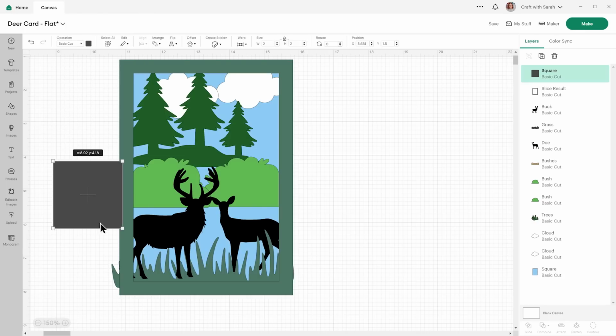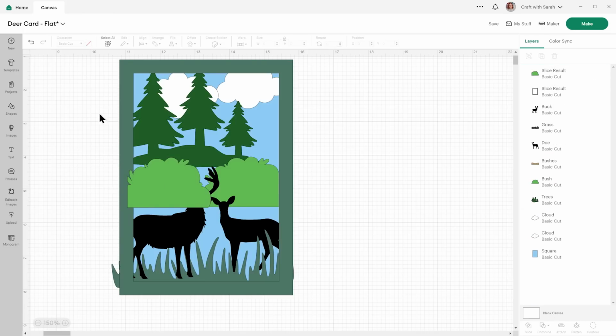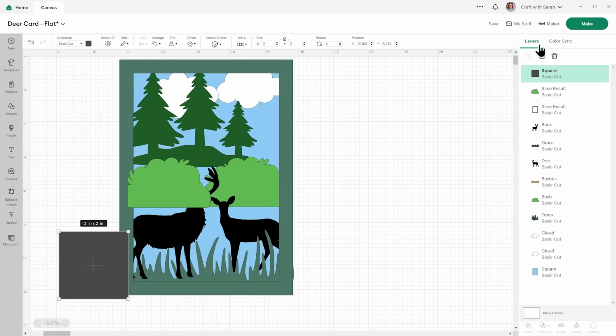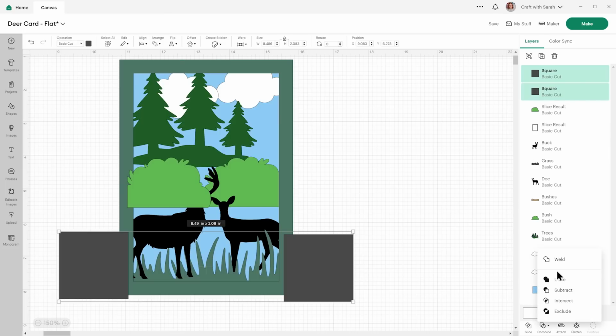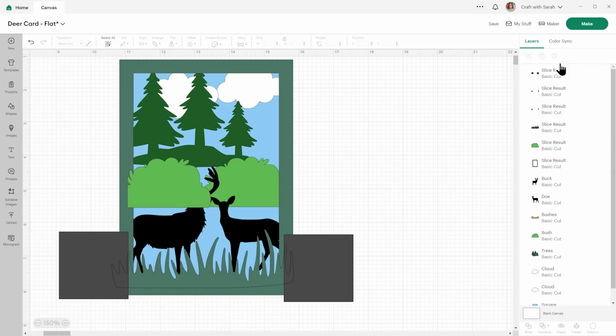So just like we did with the flower card, place a rectangle over any bits that are outside the edge, slice them off and delete the excess. Don't forget, if you're doing more than one of the squares, you need to weld them together to allow you to slice, because you can only slice 2 layers at once.